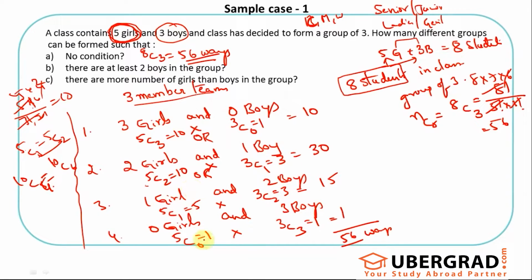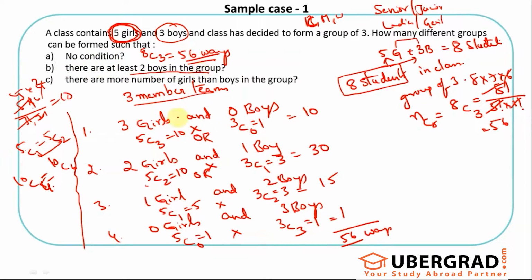These are the only 4 possibilities. Sometimes, depending on the situation, you might have more possibilities, but why did I explain this? Every problem is basically listing out these cases and then picking the relevant cases. See, what is this? How many different groups can be formed such that there are at least 2 boys in